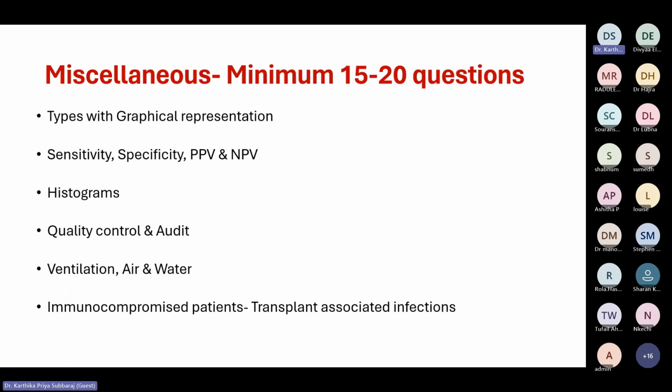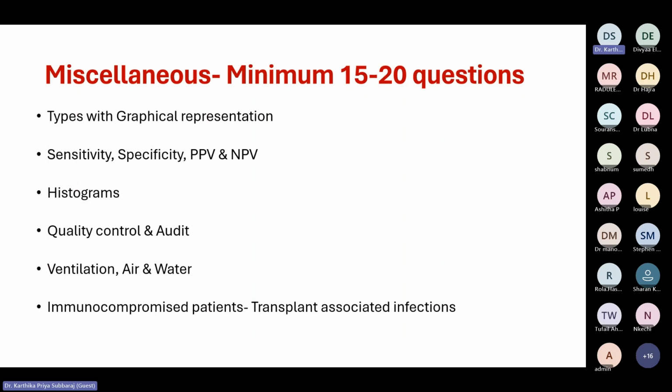Out of the 5 options that will be there, if that is not there, then infliximab will be the next option, or any immunomodulating, that is biological agent kind of option. So they will give very basic questions, and they will expect only the very basic option, because we are not virologists, so they will not give complicated options to us. So that will be the sort of questions they are preparing.